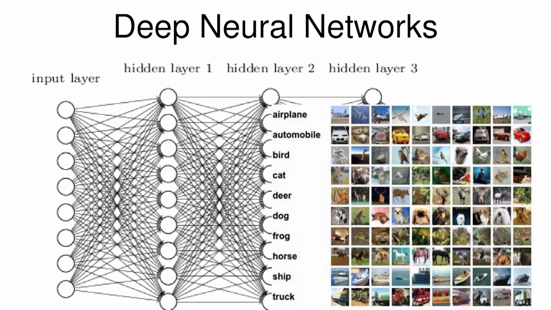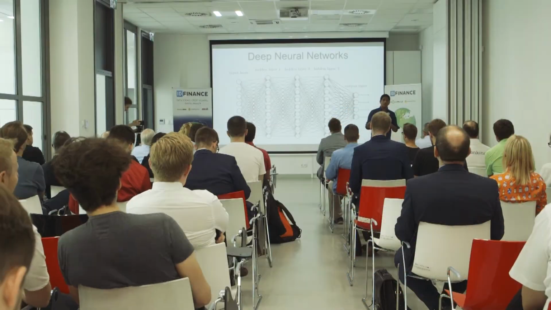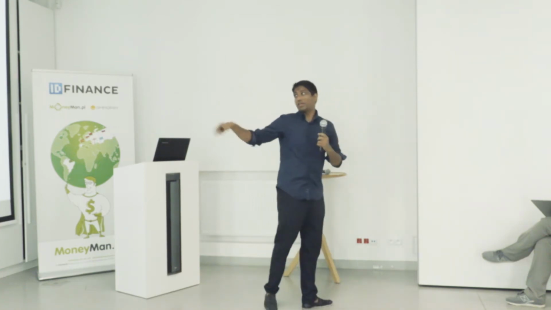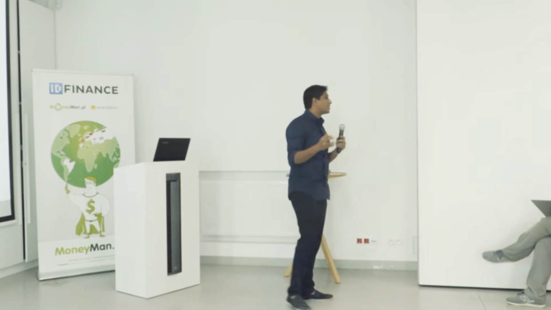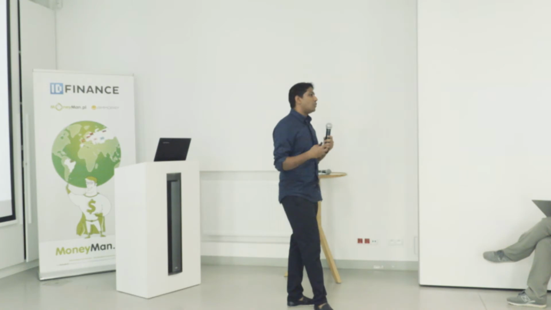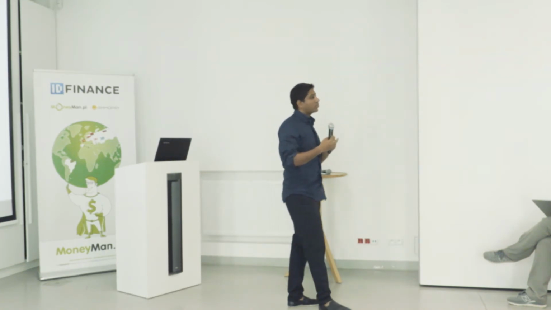Now, I don't know how many of you know about neural networks. I will give you a very quick explanation of how it works. A neural network is, you have some inputs and you have some outputs, and inside is some nodes with some weights. You train the network based on the data, and you expect the network to adjust the weights so that it